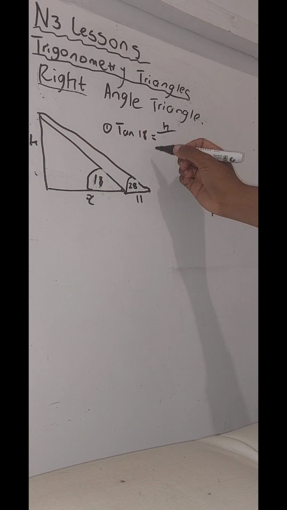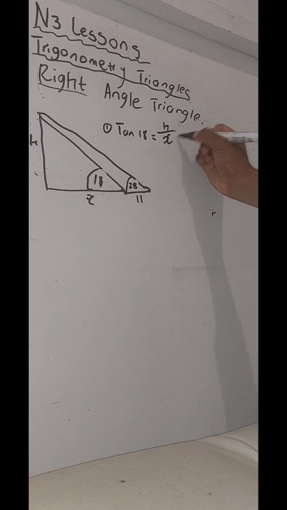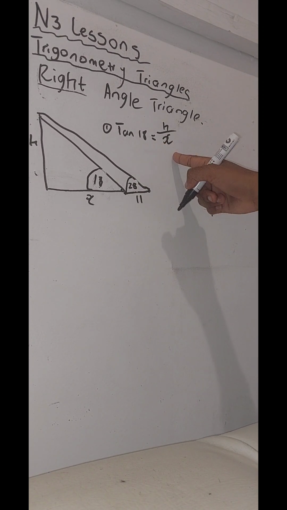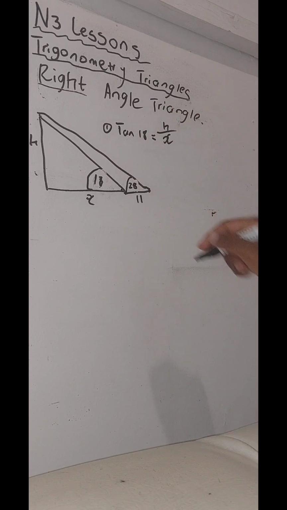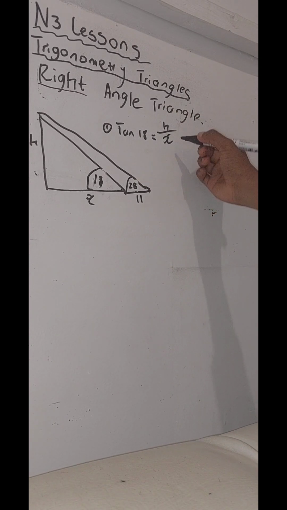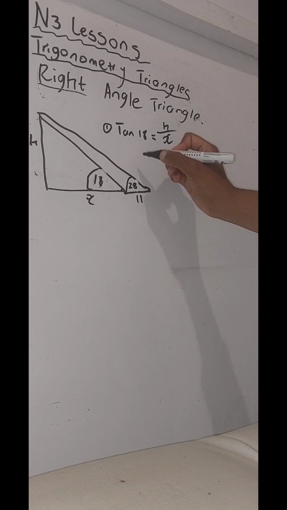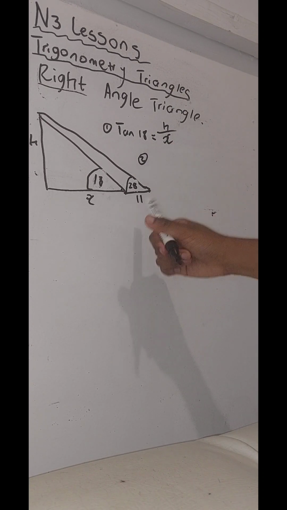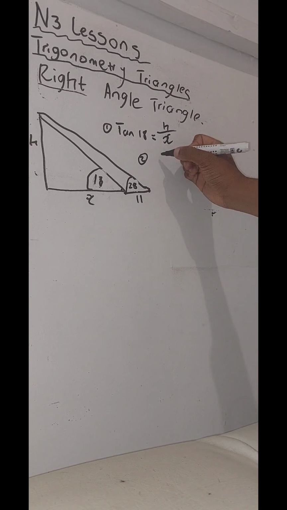Height over x. We are not given x. So tan theta is equal to this whole thing, right? So we cannot move any further. So we're going to leave it there. So let's go to number 2. Triangle number 2. So tan 28